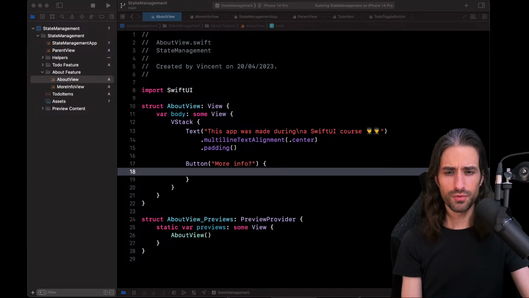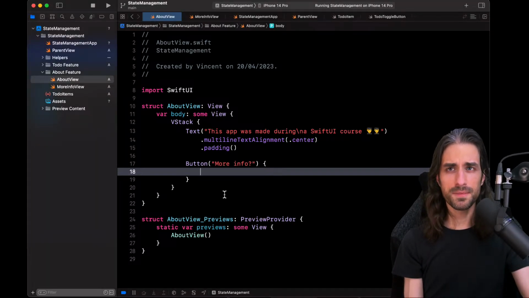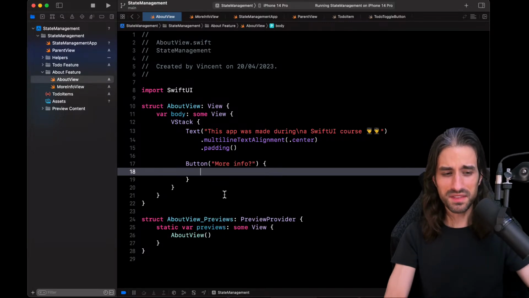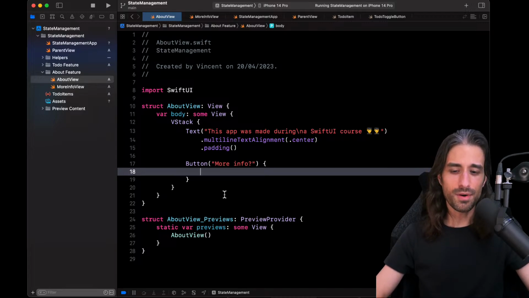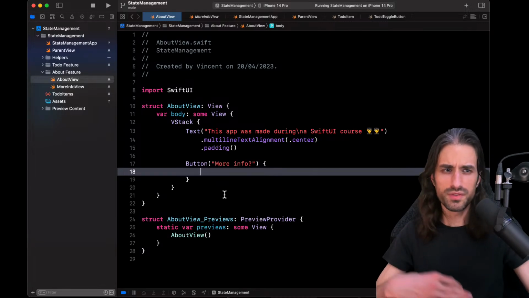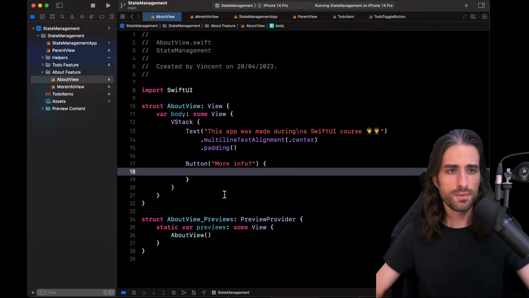Okay, back to displaying a model view. So how do we display a model view? This is the thing that always catches UIKit developers off guard, because it might be the poster child of going from an imperative way of thinking to a declarative way of thinking. Think about in UIKit, how do you show a model view? You call on the current view controller present view controller animated with completion.